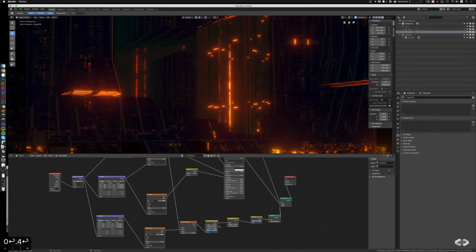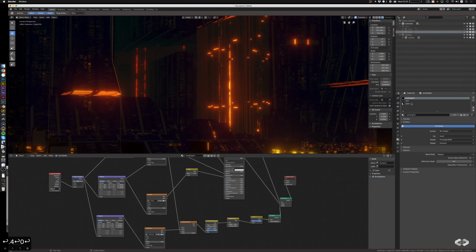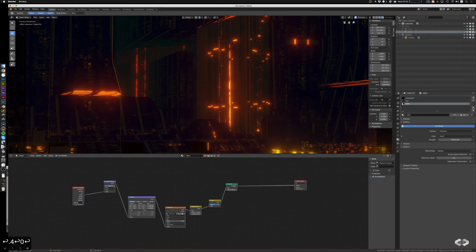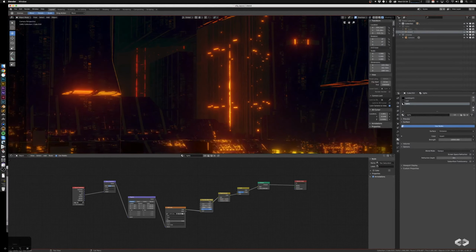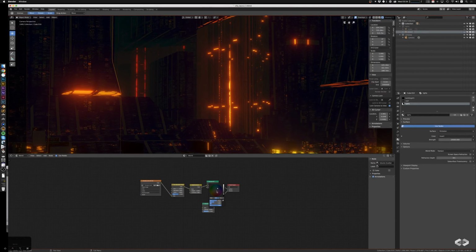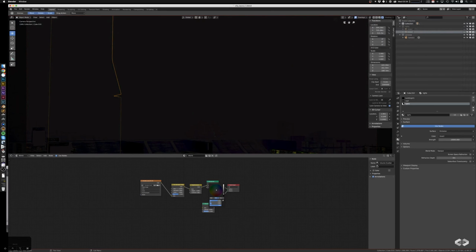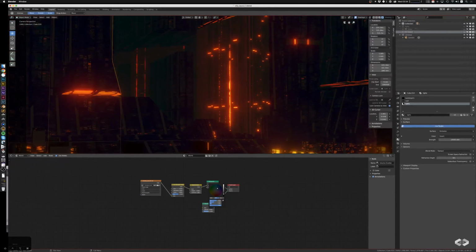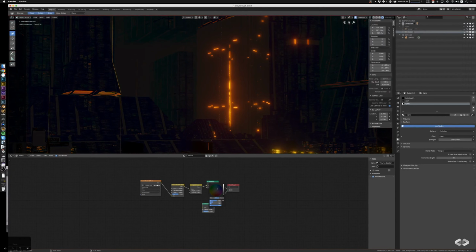So again, I'm trying to get a bit of variety in here. That's why I'm playing around with these values here. I don't want to have everything so red. I need to consider all these different options I have now. They're all playing together. But I think the atmosphere is too thick for any other light to get out here. So yeah, you see how this will really influence everything. Also the brightness, of course, will have a big effect on